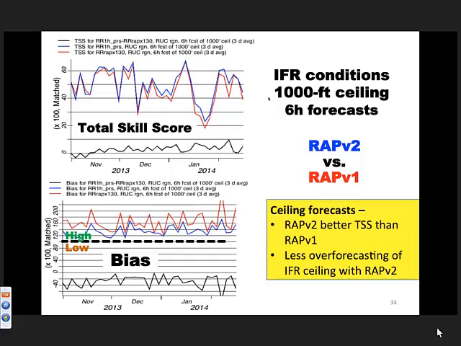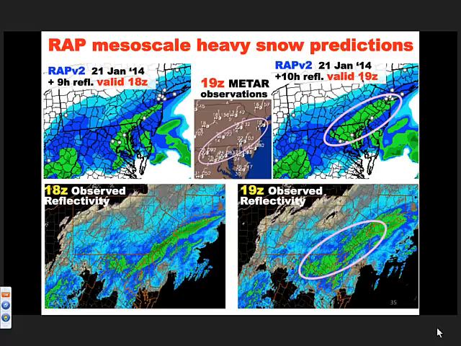So now we go to a case study here with just taking a look at a heavy snow case. This is one of the earlier New York City snow forecasts back from the 21st of January, so just a month ago. And so let's see, if you have any idea,